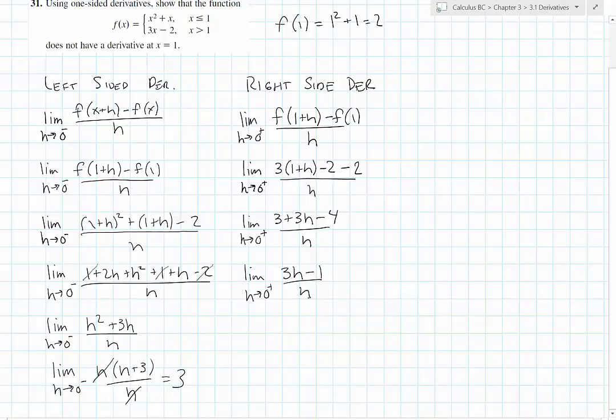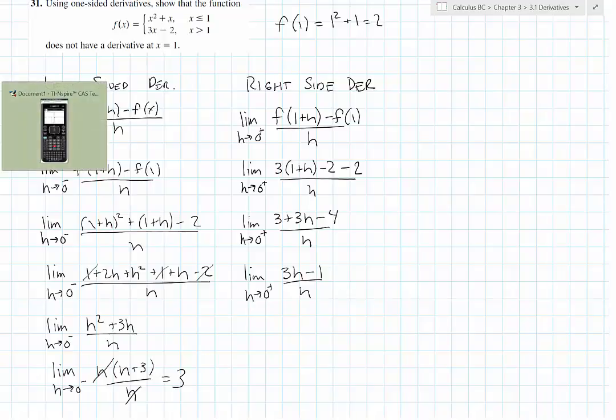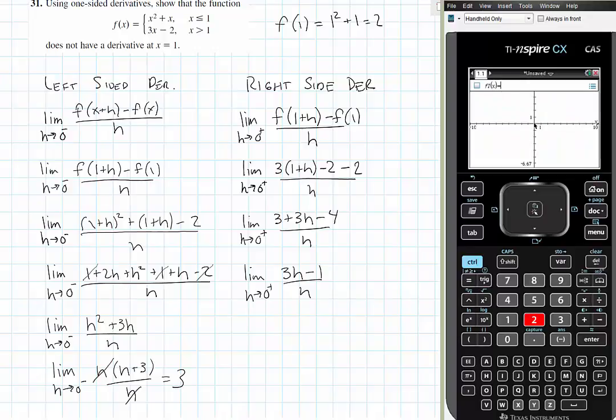Now, I'm not going to waste any time trying to do an algebraic manipulation of that expression, because actually let's take a look at the graph of that as h gets closer to 0. So I'm going to go ahead and put in a fraction and say 3. Now instead of h, I'm going to say x. Oops, where's the 3? 3x minus 1, and we'll divide that by